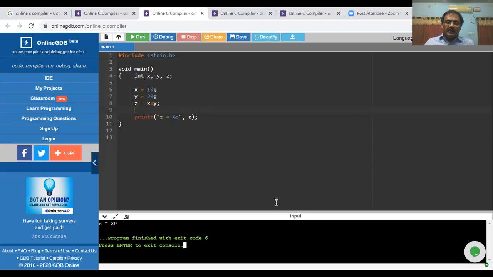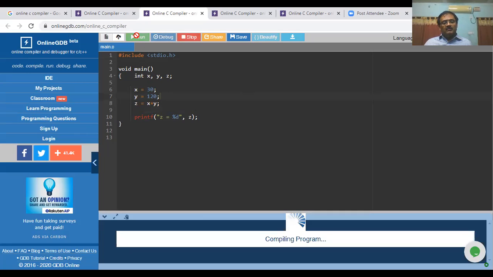So, in both the cases, that is variable initialization and direct assignment of values to the variables, we are going to observe the same kind of result. These are the two different ways of assigning values to the variables. Suppose I would like to alter the values to perform the same operation. Then here I am changing the value of x to 30. So x is 30 and y is 120. What is the sum and what is the result? Obviously, it is 150.